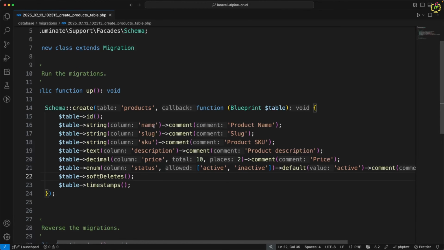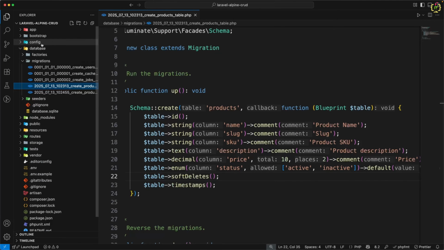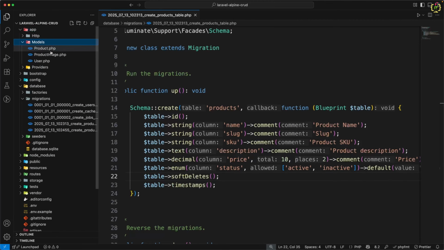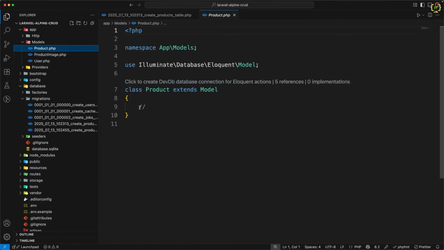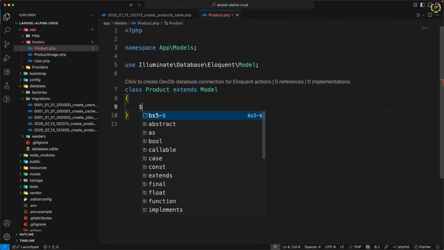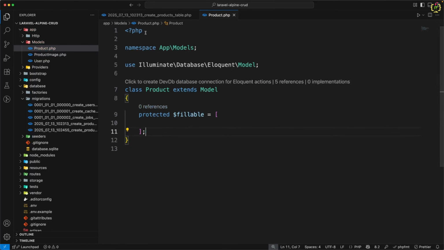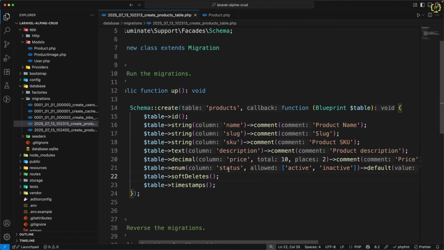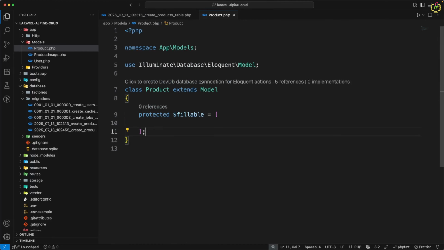We have added name, slug, SKU, description, price, status, and we have the SoftDelete flag. This is done. Now respective to this, we need to add the fillable property in its respective model, which is product. So I will navigate to the app, models, and product model. Here I will add fillable property, and inside this I will add the following properties, which are name,